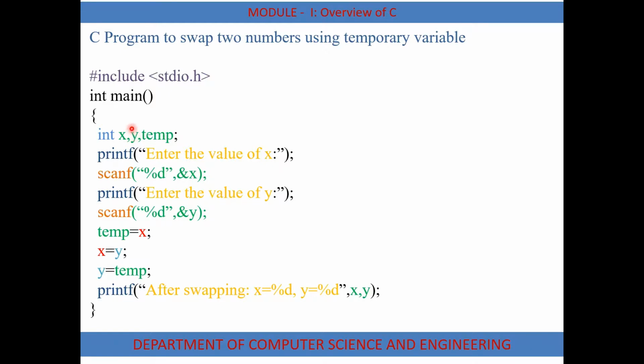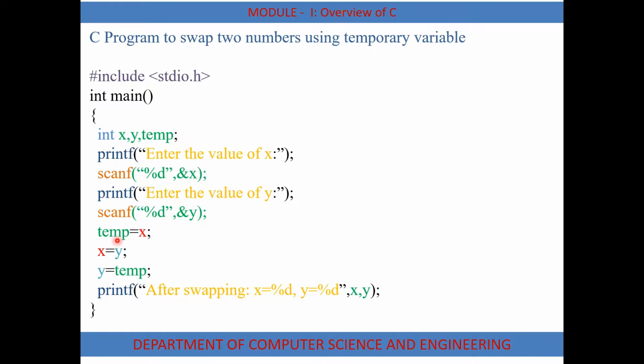So we need to write this program using the concept of a third variable, temp. Here temp is a variable which is used to exchange these two values, that is value of x and y. Initially read the value of x from the keyboard, then read the value of y, then exchange these two values using the third